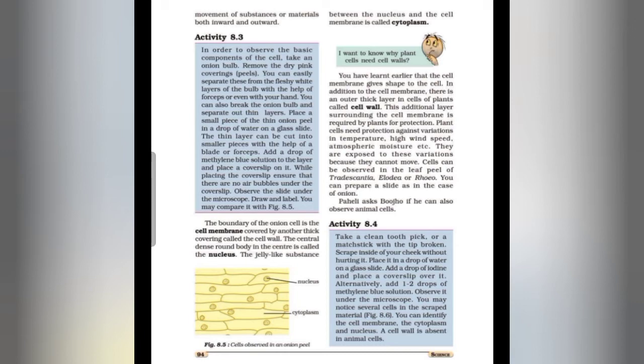Then observe the slide under the microscope and draw and label. You may compare it with figure 8.5. So students, when we are making the slide of onion peel, what we have to do is cut a slice of an onion and peel off its skin from the inner side by using forceps, and we can use our hand also. Then place this peel, or we can say the skin of the inner side, in the